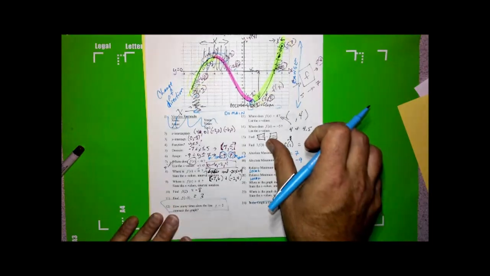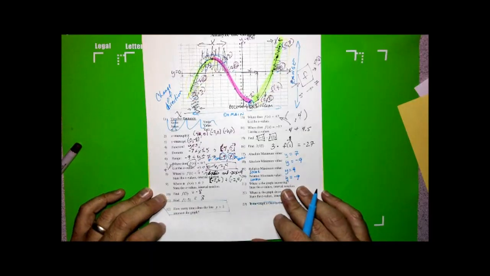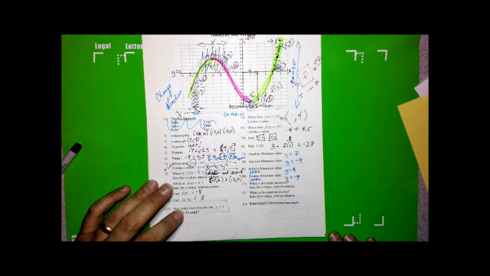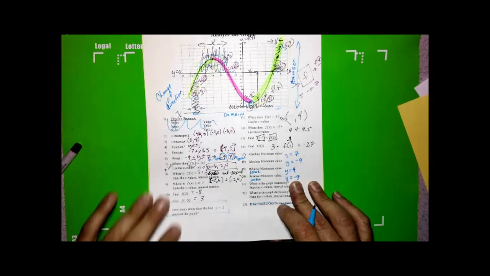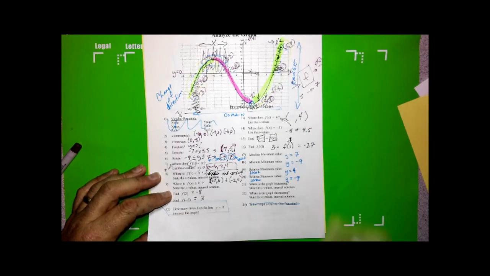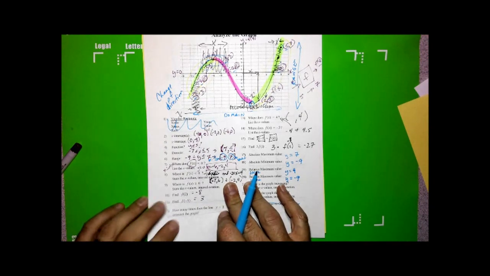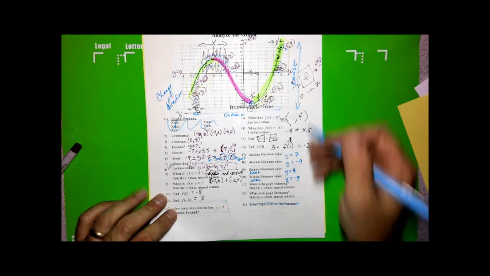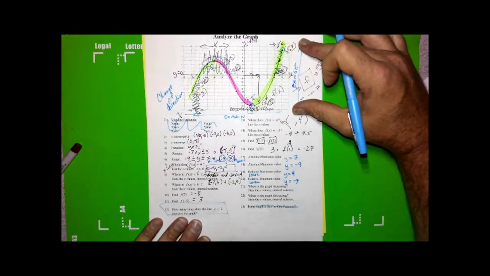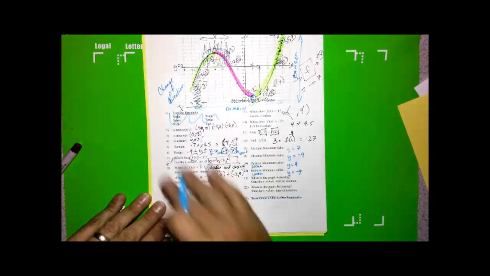This is all you need to know in Chapter 1.5, Analyzing Graphs. Be able to analyze a graph completely and entirely. Be able to identify areas of increasing and decreasing on a graph. Be able to show me mins and maxes, both absolute and relative. And be able to tell me the outputs of functions for given inputs and vice versa. And that includes intercepts. Obviously be able to tell if it's a function, and be able to tell me the collection of all domain inputs and the collection of all range outputs. Very important to be able to do everything that you see on this